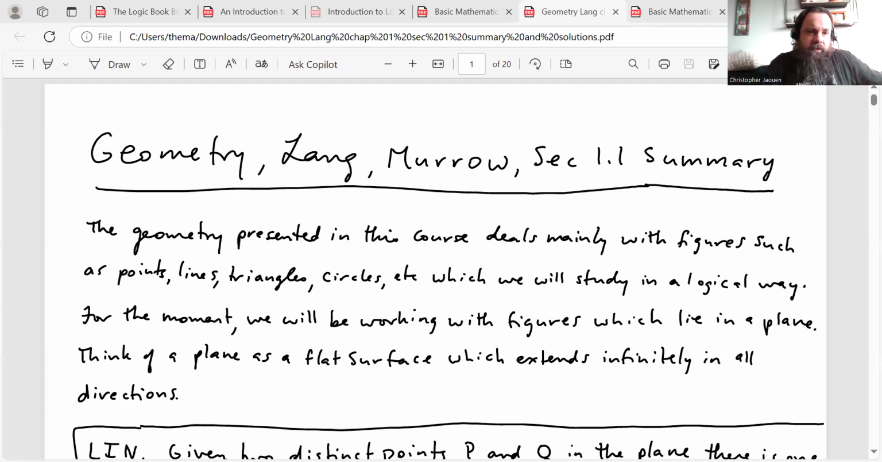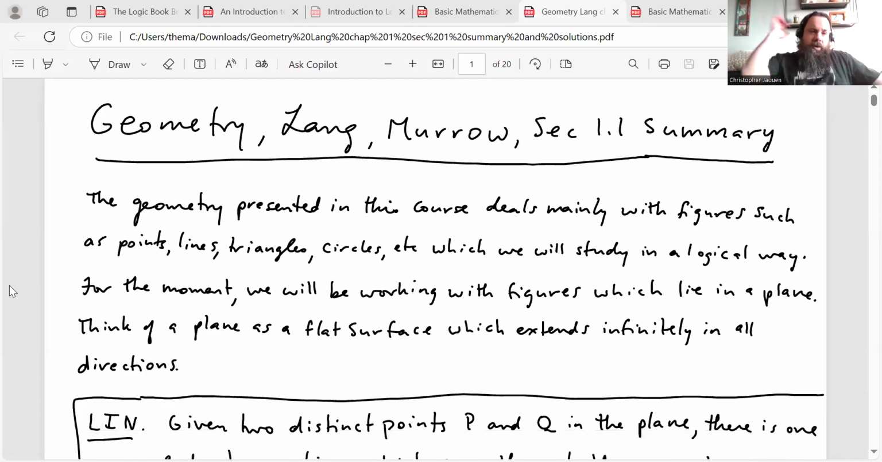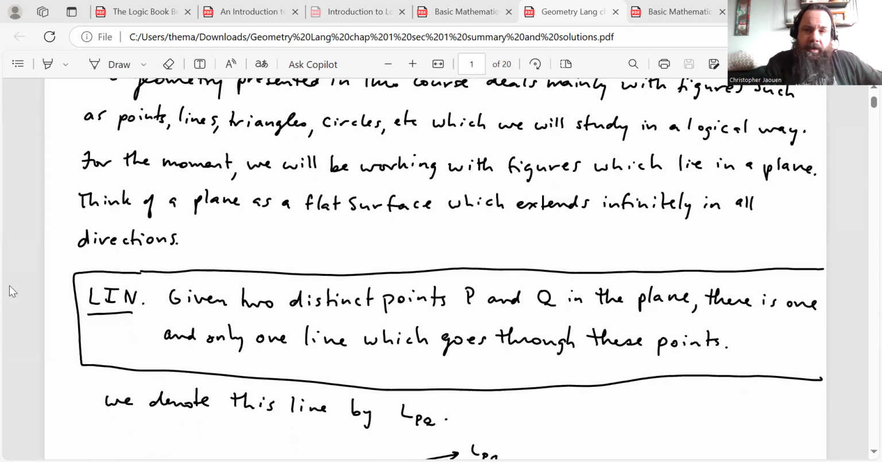All right, so like I said, this is section 1.1. Lang starts out by saying that the geometry presented in this course deals mainly with figures such as points, lines, triangles, circles, etc., which we will study in a logical way. And for the moment, we'll be working with figures which lie in a plane. So you can think of a plane as a flat surface which extends infinitely in all directions. And we'll start with